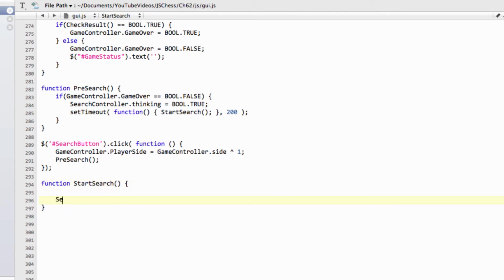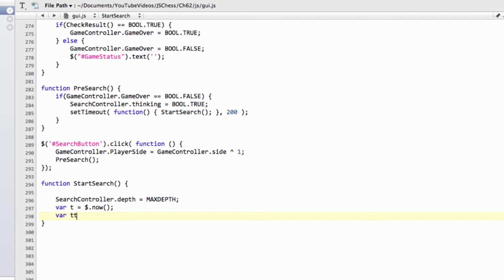So the first thing to do is we're going to set the depth for the search controller, which in the case of our tutorial series will always be max depth because we don't have anything to choose at the moment in the GUI for the depth. You can obviously very quickly add in your own drop-down list to choose it. So we've got max depth, and what we want now is to set var t to say what the time is now. So using the good old jQuery function now we can get a time in milliseconds,